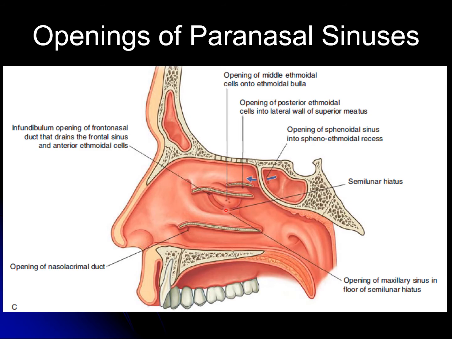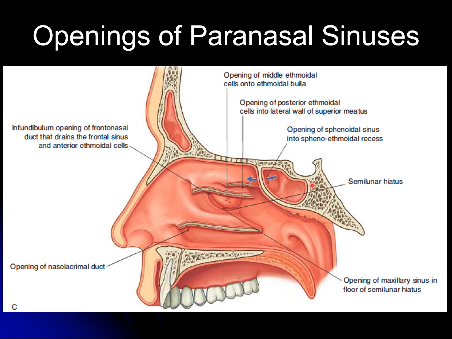In the lower part, in the floor of the hiatus semilunaris, we have the opening for the maxillary air sinus. At the ethmoidal bulla, or that convexity, there are openings for the middle ethmoidal cells. So the middle meatus is mainly giving opening to many structures. Most of the openings are in the middle meatus: for the middle ethmoidal cells, maxillary sinus, anterior ethmoidal cells, and frontal